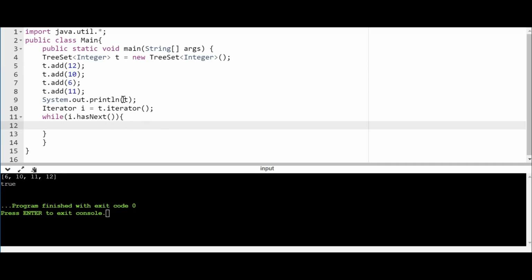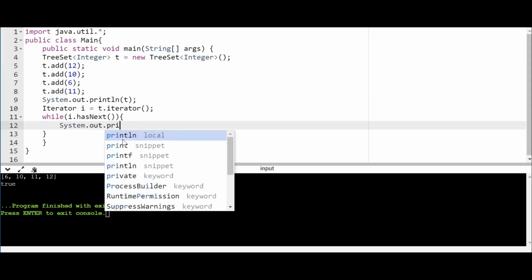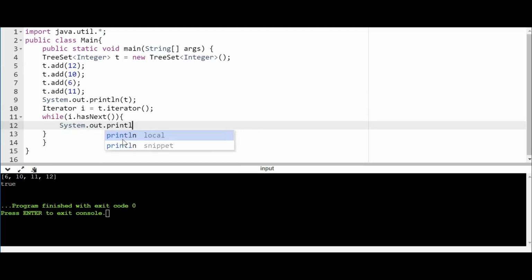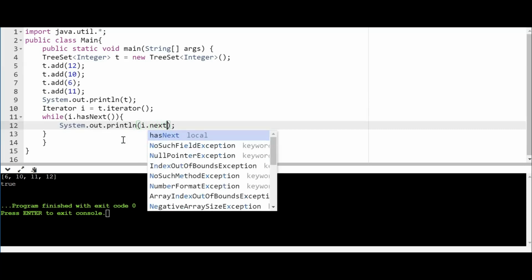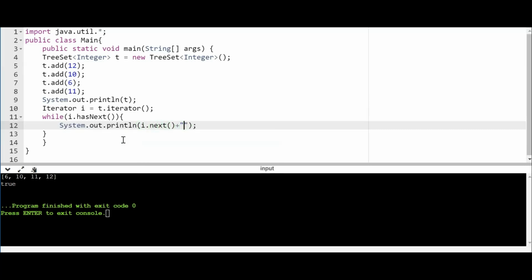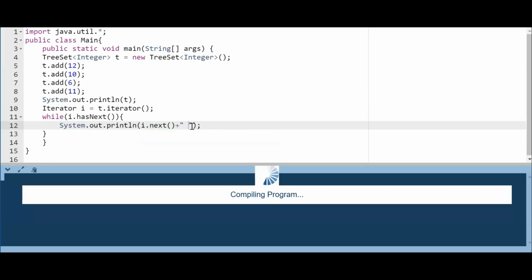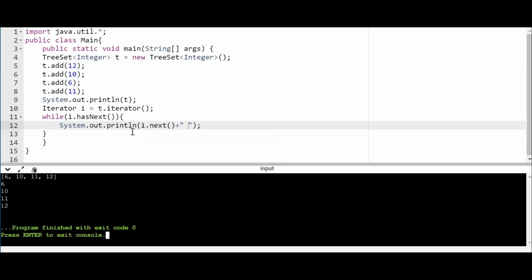Since there are elements, it will return true, and inside I am writing System dot out dot println, and then I'll be printing the elements of the tree set one after the other. I'll say i dot next, and then I'll put some space between the elements. Let me run this. You can see the elements of the tree set are extracted one after the other: 6, 10, 11, and